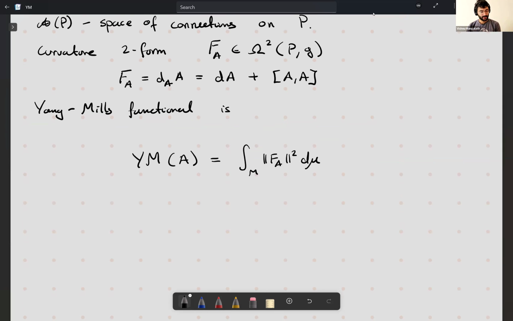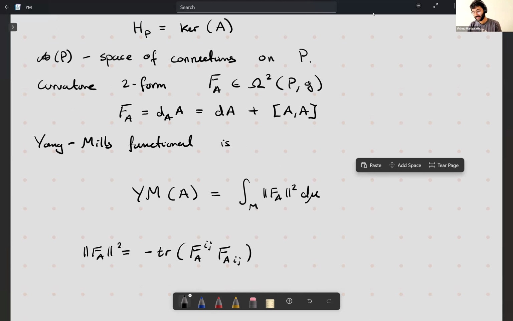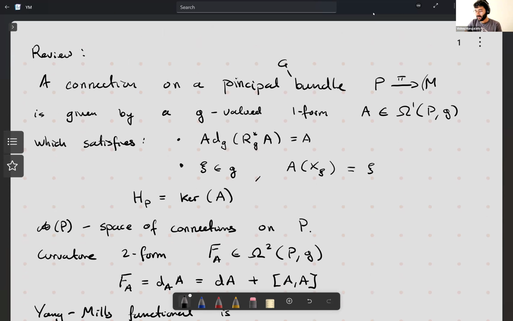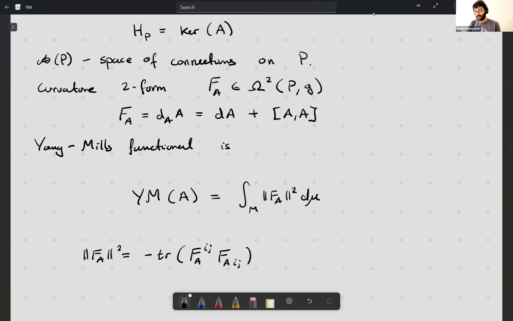So this norm here, maybe I'll just say something about the norm. If I have this norm of F_A squared, that's equal to, well, sometimes we write it like this, minus trace of F_A ij F_A ij. So F_A lies in the space of 2-forms in P with values in the Lie algebra. This norm on Lie algebra valued 2-forms has a component which comes from, I should say that M is a Riemannian manifold, (M, g). So there's a component that comes from the Riemannian metric,